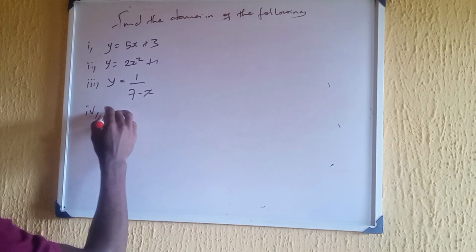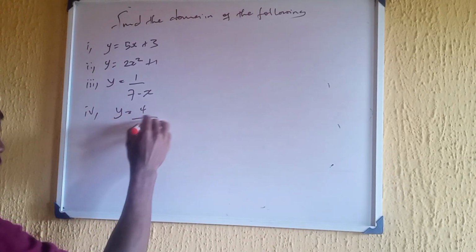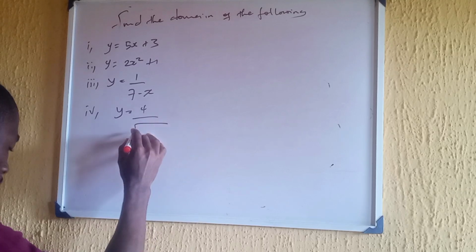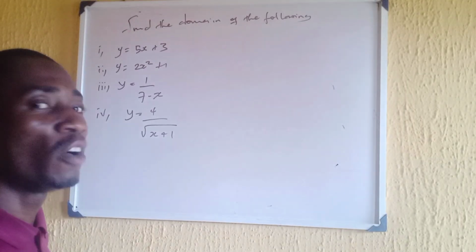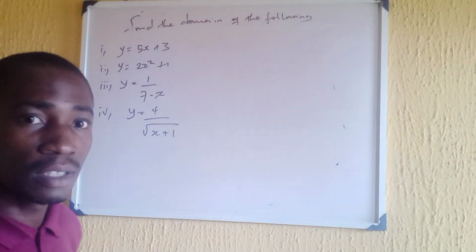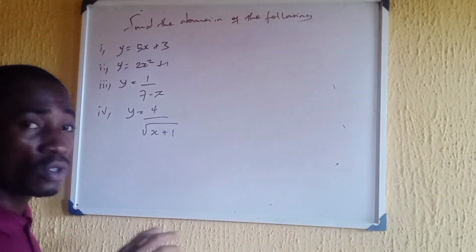And iv, y equal to 4 over root x plus 1. Now, how do I find the domain? I've already said that. The first step is to look out for